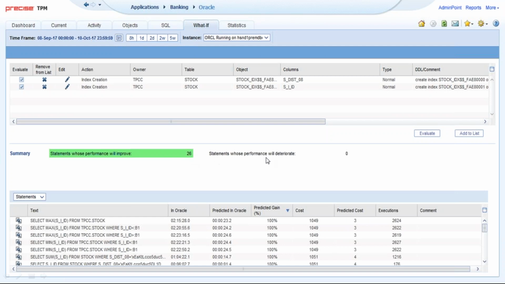statements that would improve. There's none that would deteriorate. And the historic resource consumption in Oracle was 2 hours, 15 minutes. Now, with this new index, it drops down to 23 seconds. So I've saved a little over 2 hours, 15 minutes worth of processing. Once again, that has a huge ripple effect on my system, and that's spread across